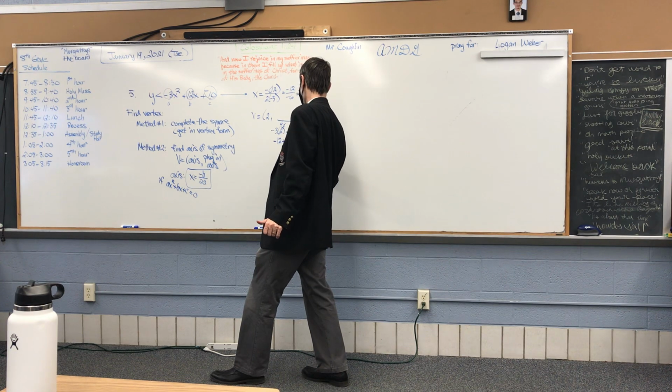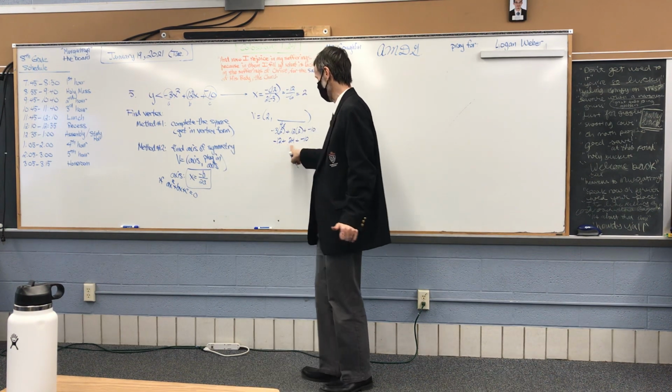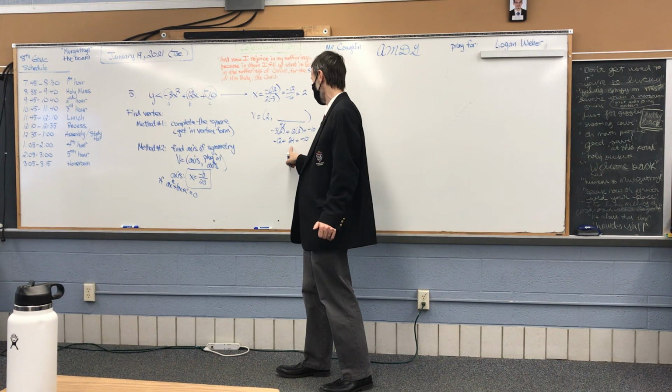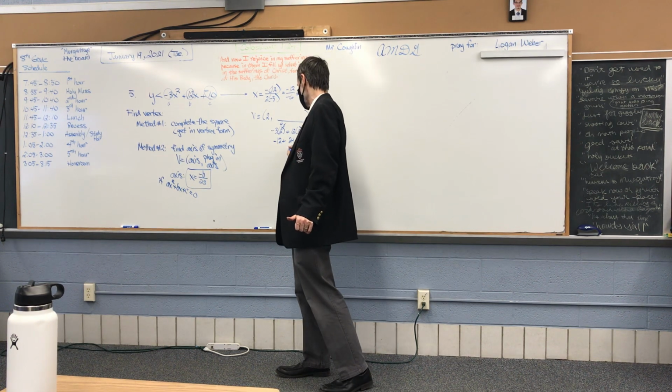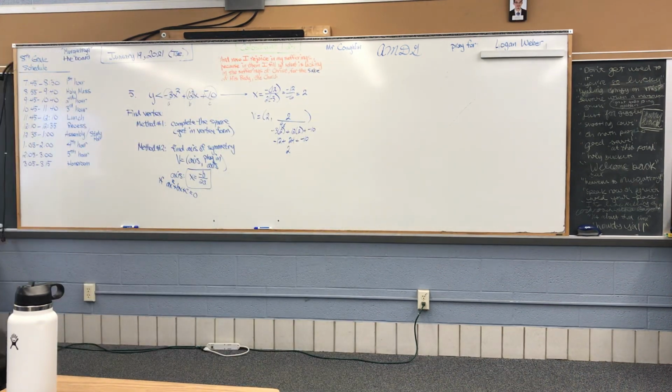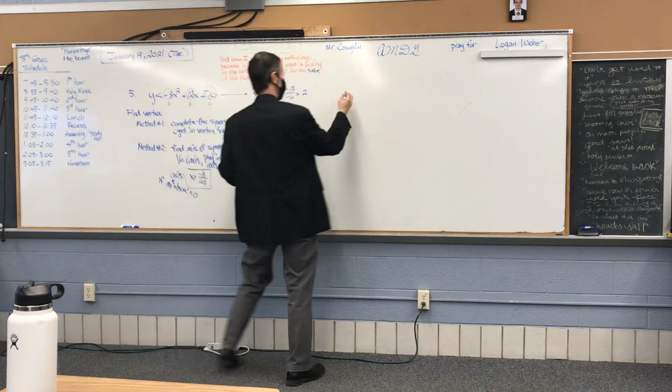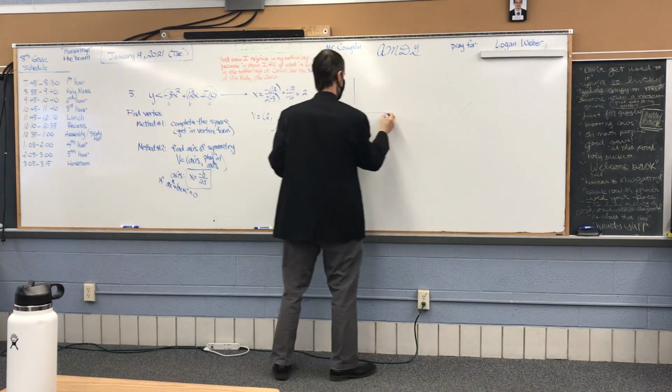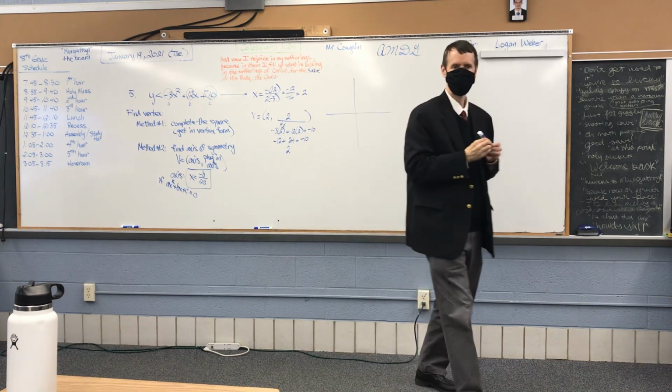Plus negative 10. These add up to what? 12 plus negative 10? 2. So it turns out the vertex is 2 comma 2. It's not always going to be the same number. It could be 2 comma 3, 2 comma 1. So now that we have the vertex,